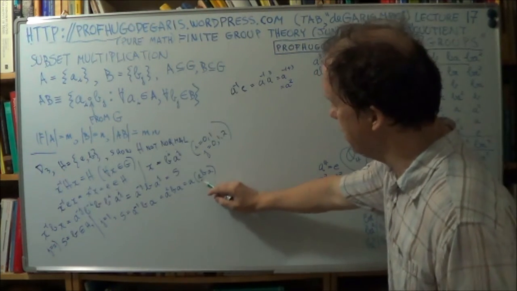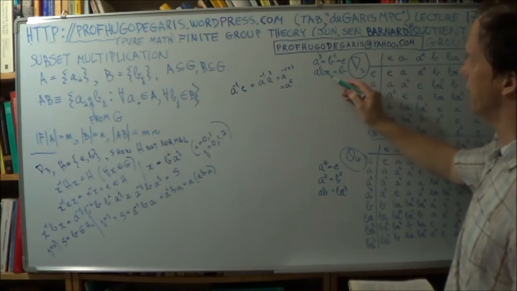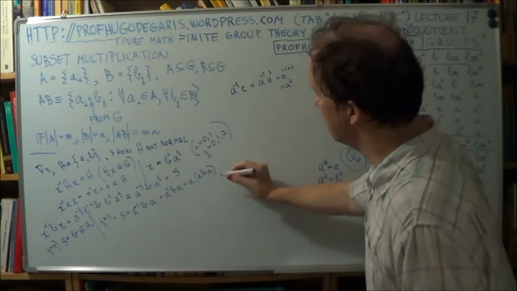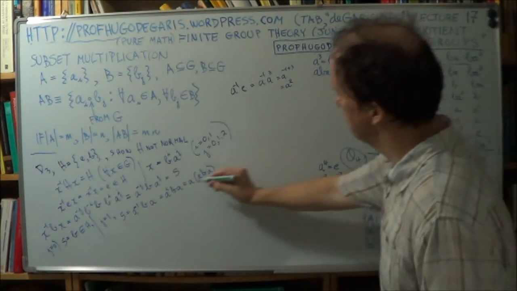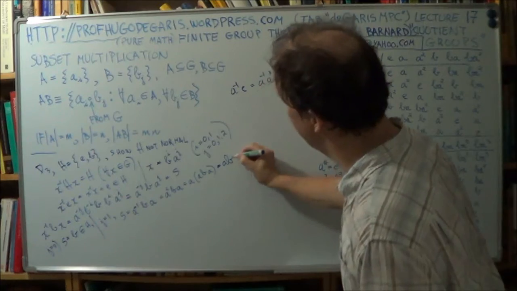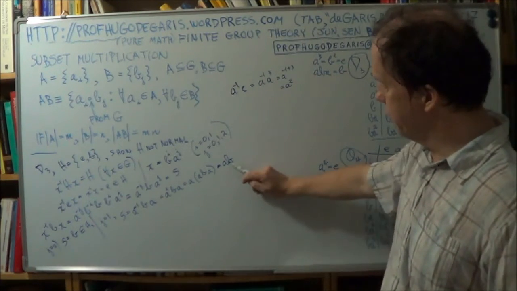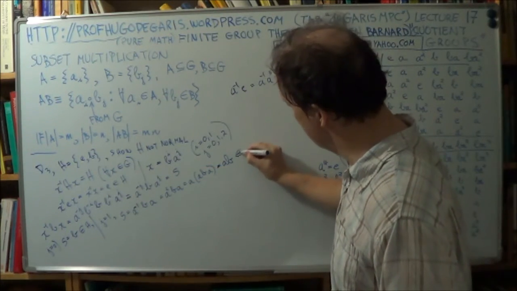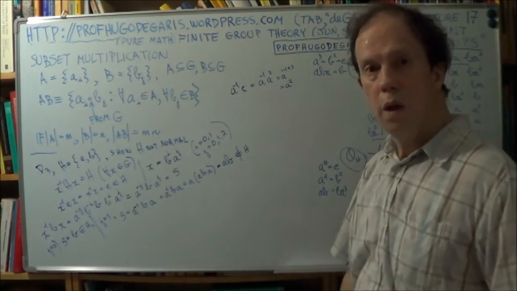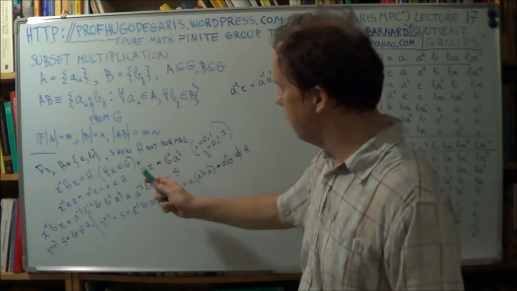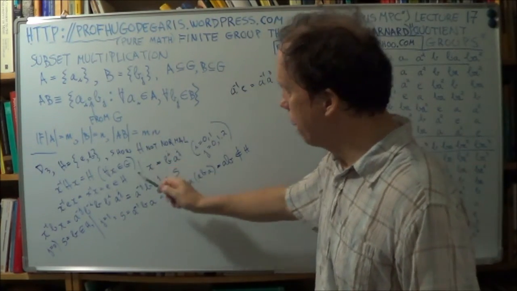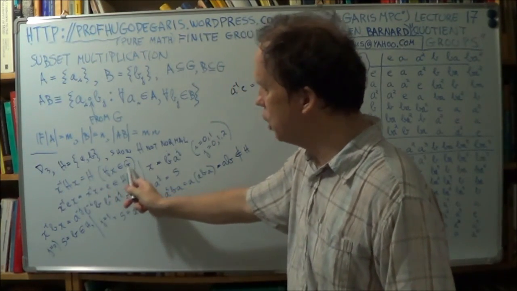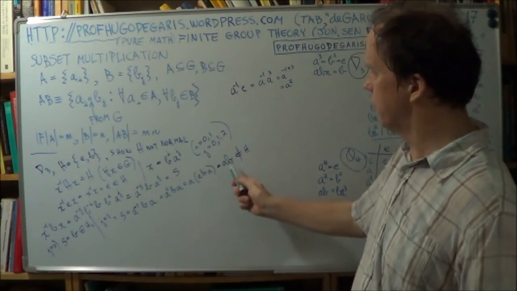Now I've done that. Why? Because ABA is, from one of my relations of D3. Remember we're talking about the context of group D3. ABA is just B, right? Here. So this just becomes AB. That's my result. Look at that. That is not a member of H. Not a member of H. Right? Now, for H to be normal, this has to be true for all members of G. Right? Well, we've just found an example